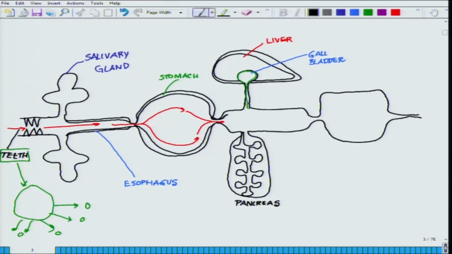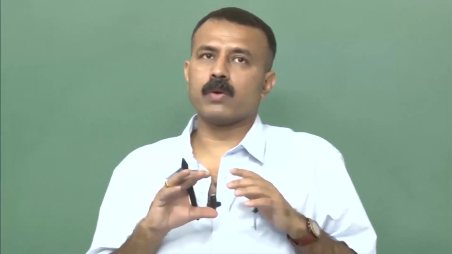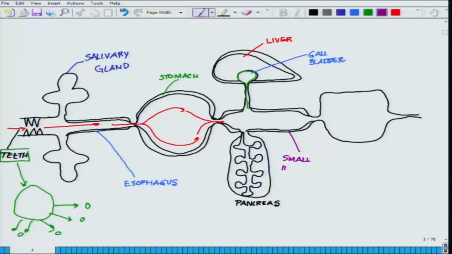And here food enters into the small intestine, that huge area where there is a lot of absorption taking place, and which is very, very nicely supplied with the blood vessels, so that they can absorb as much food particle or the different components of the food particle as possible. So, this is a very well vascularized structure in the body. So, then comes the small intestine,